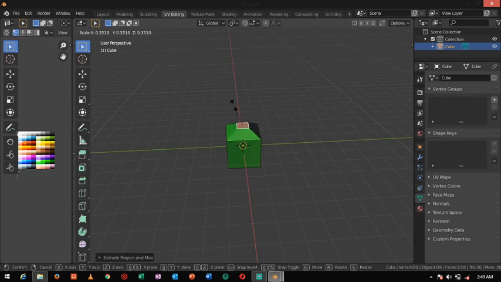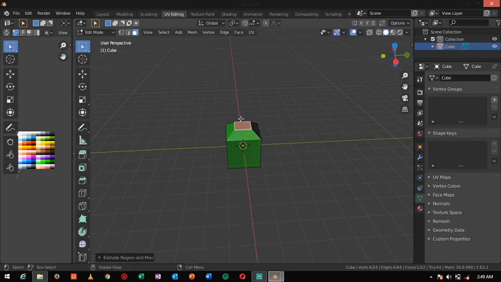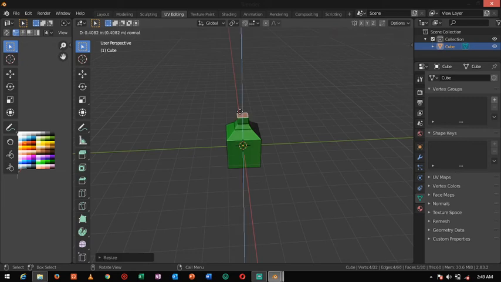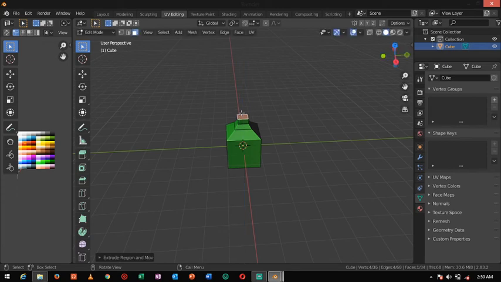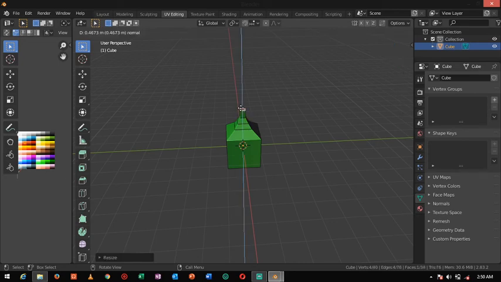See how much you want to make, then extrude, yes, escape. Extrude, yes, escape. Extrude, yes, escape.